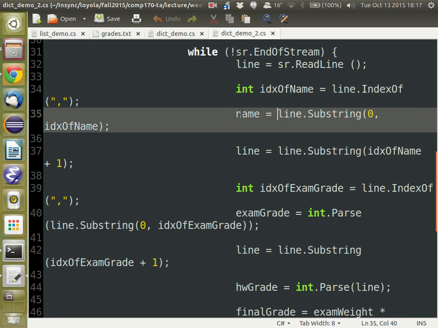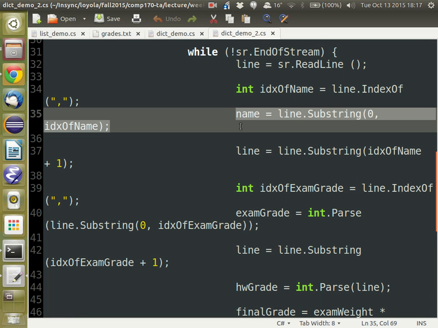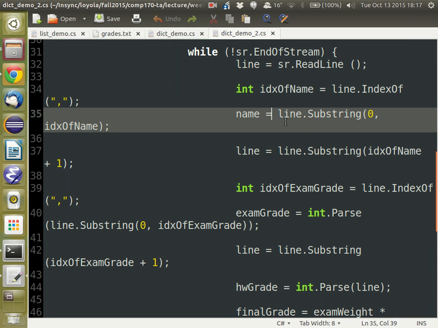So I find the index of the first comma, and then I use a substring to get the name. And then for the rest of the substring,